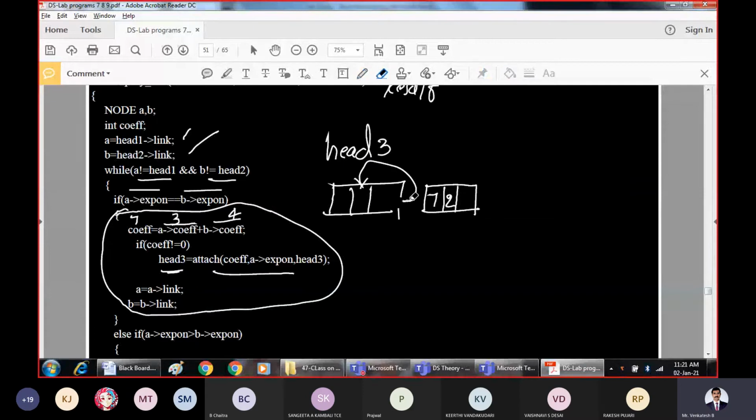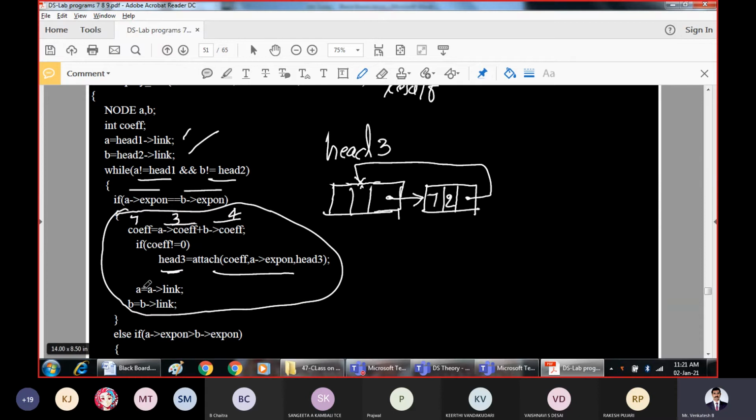I'll just erase this. After attachment, this will look something like this, which we have already seen in the attach function.